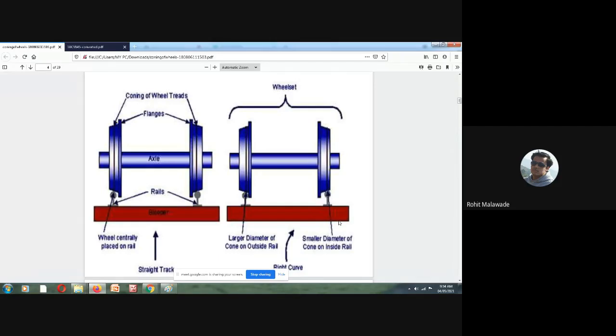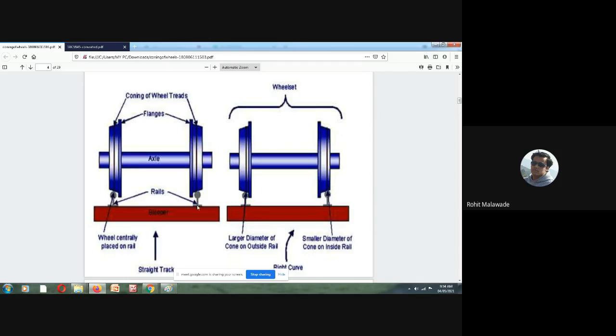Whenever we take a turn on our roads, we bend outside, because a centrifugal force is developed. So where there is a curve, the diameter of the outer wheel is going to increase, as it tries to come outside, whereas the inner wheel comes inside. So there will be more pressure on the outer rail, and less pressure on the inside rail of the inside wheels.